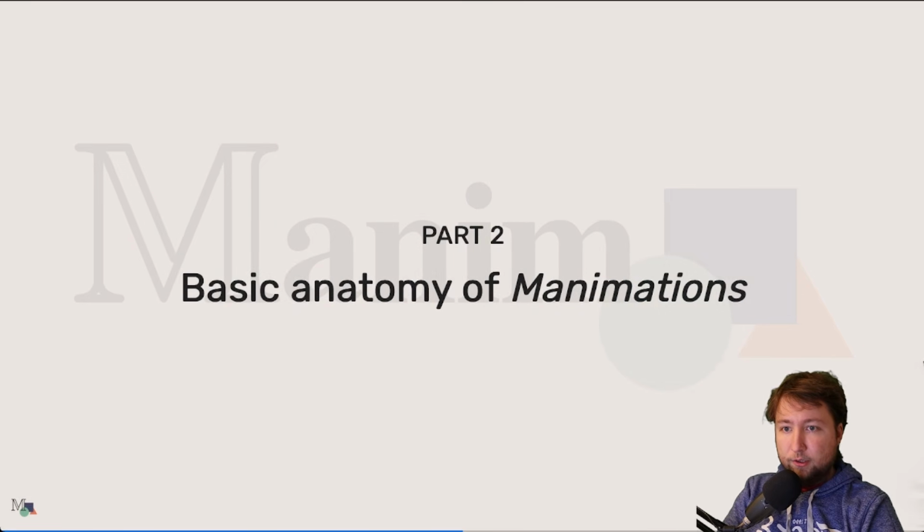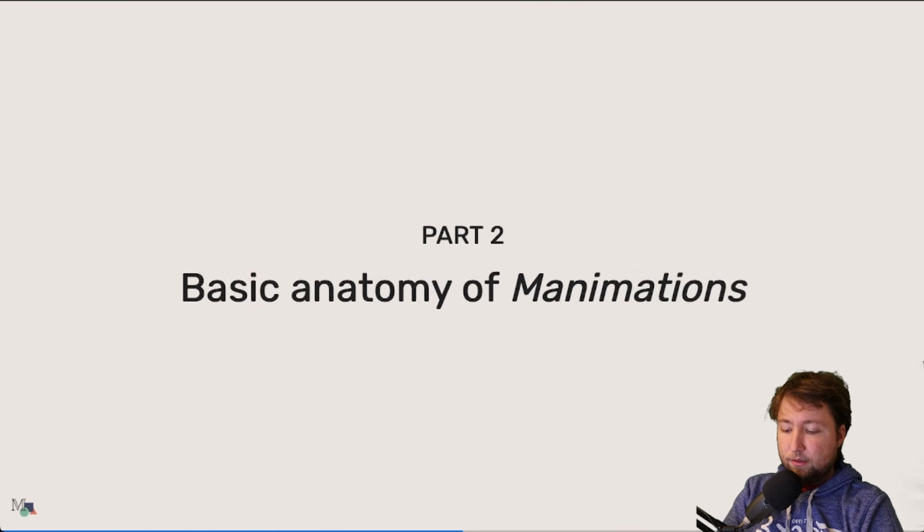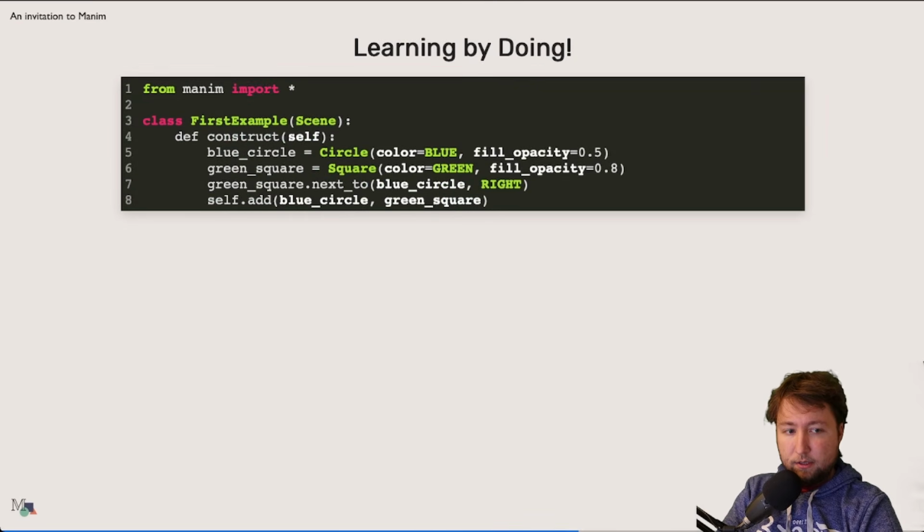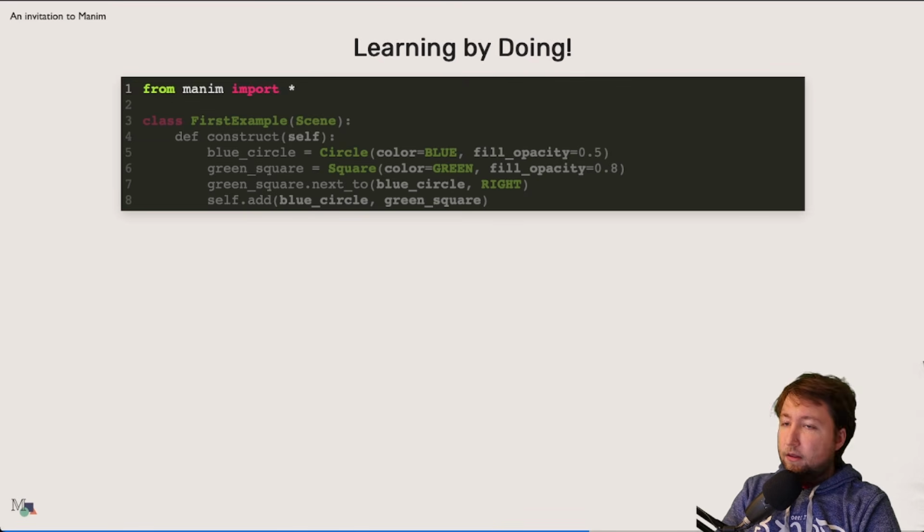Okay, it's time to actually look at code now. I want to start with the first rather simple example. Before I open up a code editor and just go ahead, I do want to still do this in this presentation style. We'll cover line by line, and in the end, I'll show you two ways how to turn this code into, well, the actual video in the end. So let's get into it. The first line, it's the line where we import the library. Then the next relevant line is the line where we define a class.